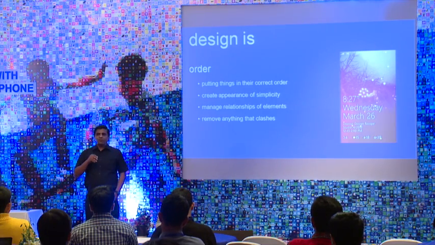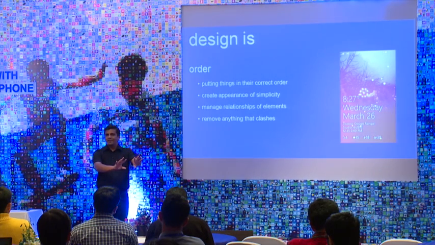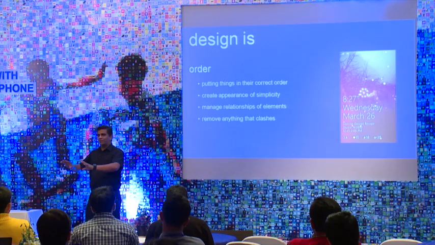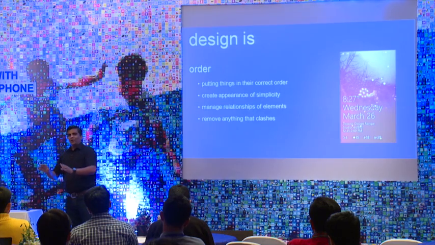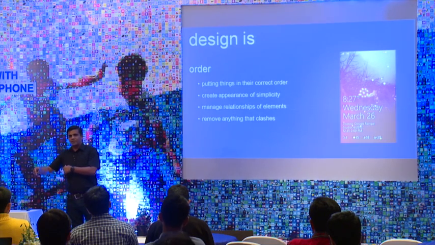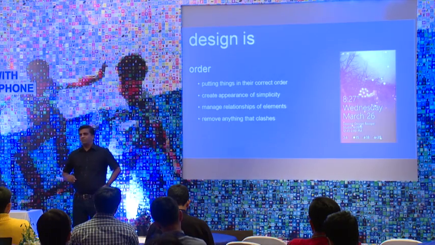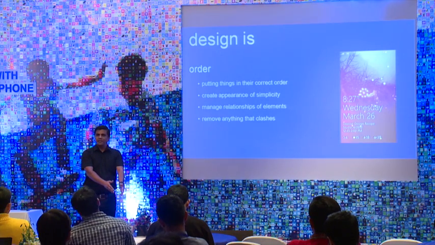I sometimes think about the designer who spent his time designing this screen. They probably had to throw away so much. They just said, okay, we're going to make this home screen look pretty. The primary objective is that people have to see a pretty picture because no one likes to have an ugly home screen. On top of that, we need to give the user a lot of information, so they don't really need to unlock the phone and go inside. We need time, date, month, what is the next meeting, how many calls you missed, what are the messages. This is how we order it. Some things are big, some things are small. Right? And